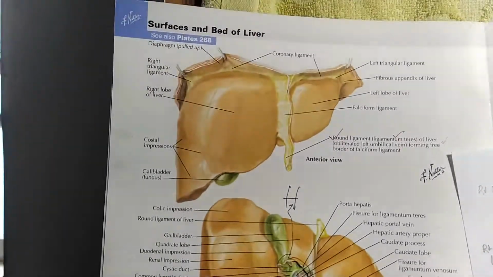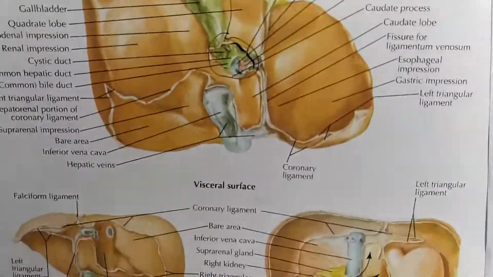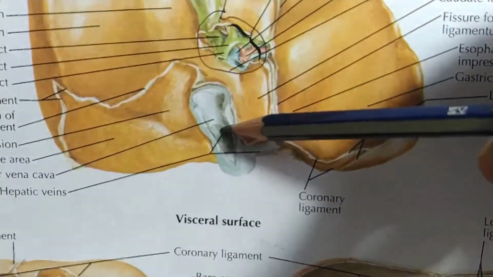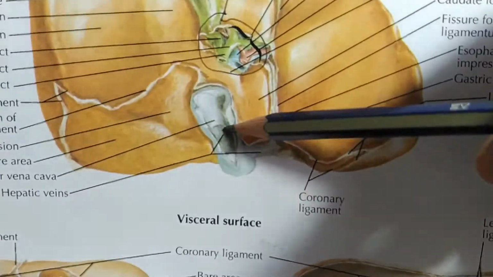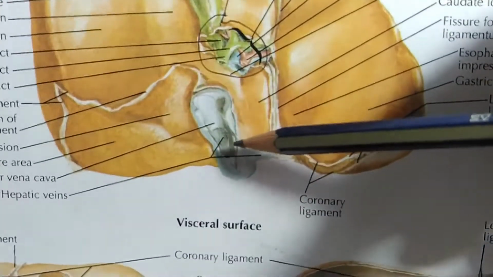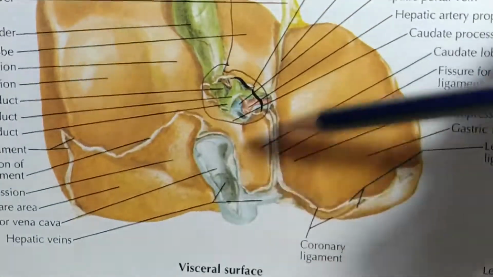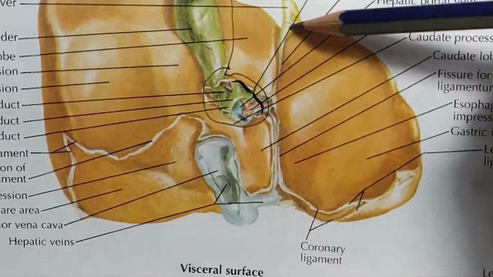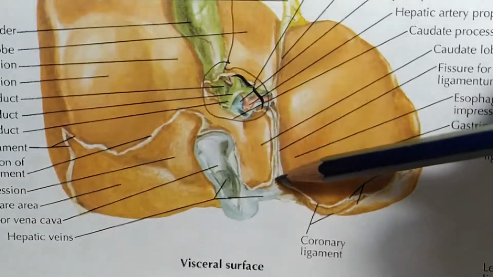So you can see here, this is the inferior vena cava, the groove for the inferior vena cava. Here there is a fossa for the hepatic vein, which is directly attached with the liver. So the inferior vena cava also makes a support of the liver. There are other ligaments. You can see the ligamentum venosum and the ligamentum teres, which goes to the anterior surface also and forms the falciform ligament, and this is the ligamentum venosum.